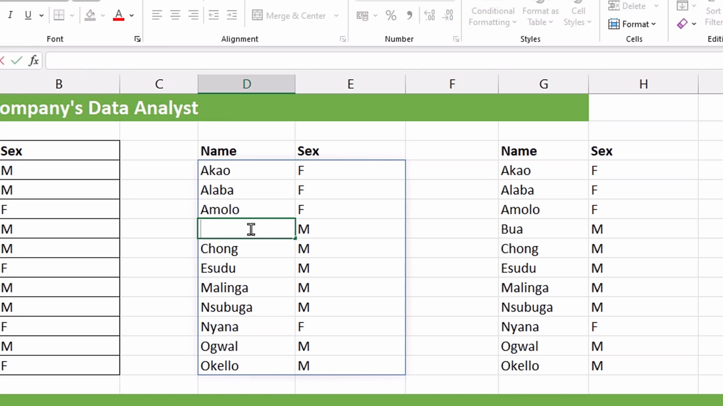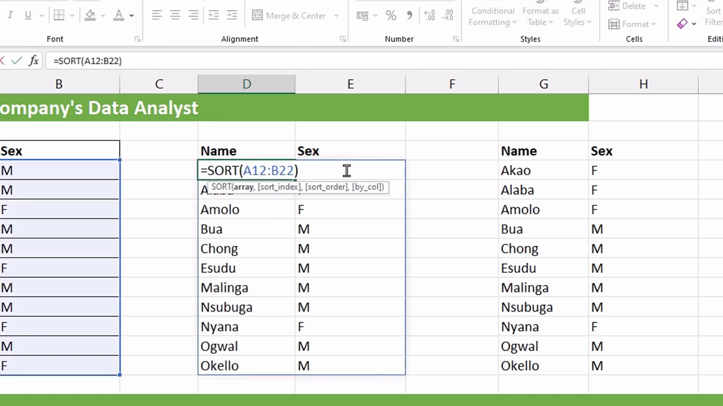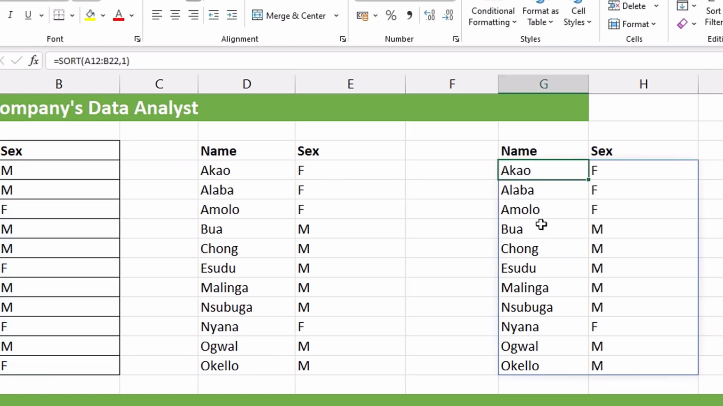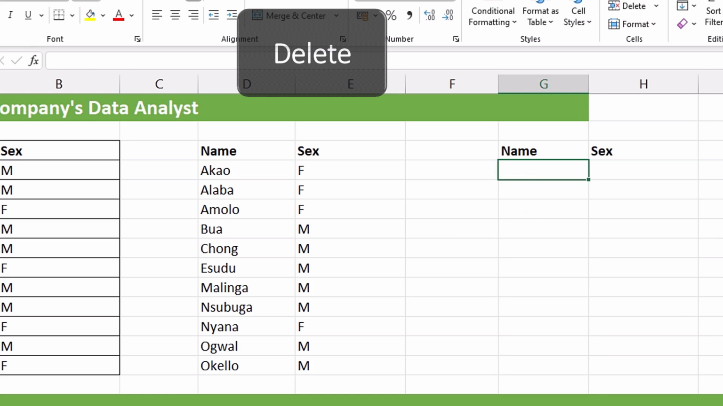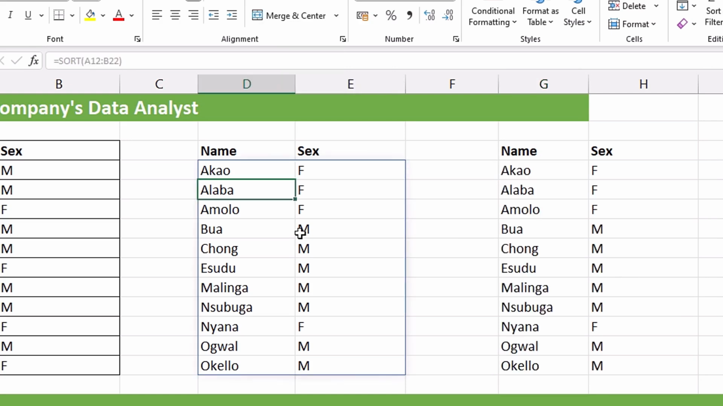If you double click, you can see that there is nothing there. But when you double click this one, you can see that the formula is there. And for the dynamic spill array, when you want to delete your formula, you don't need to highlight everything and delete. You simply click on the cell where the formula is sitting, and then you hit delete and everything will be deleted. That is how the dynamic spill array functions work. So